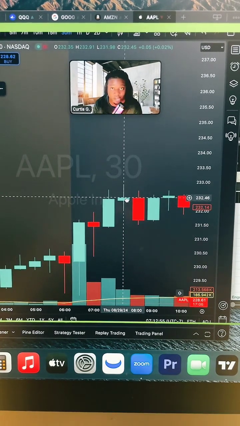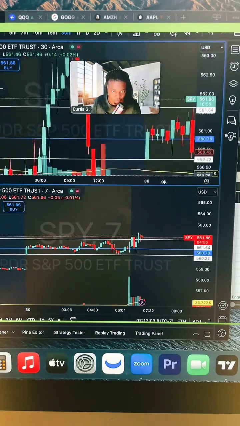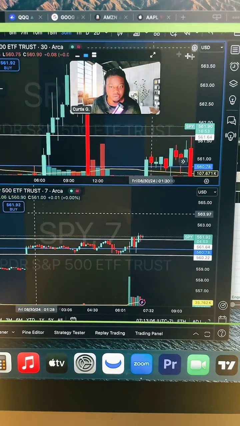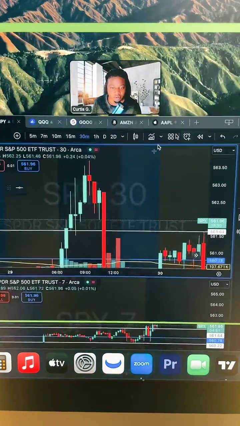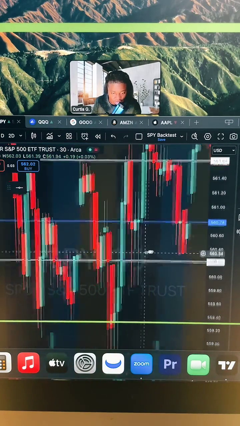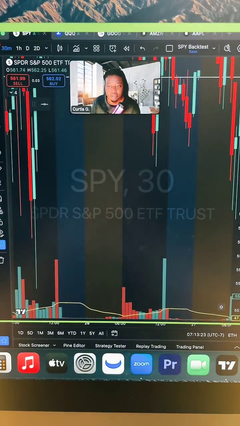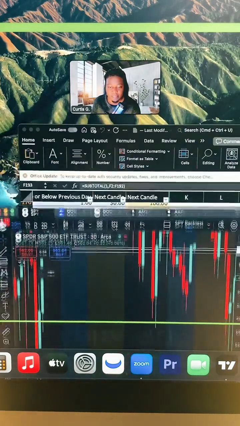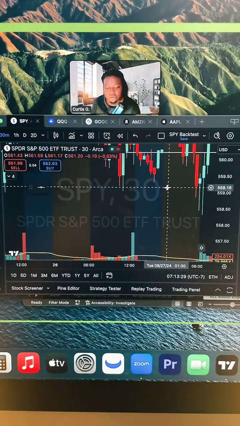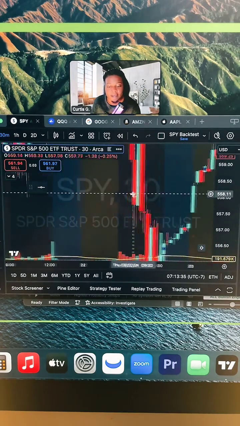Now, I know we had a little bit of choppiness, but did that make sense to everybody on that bullish engulfing strategy? I can go over it one more time with SPY. Let me go ahead and just show the 30-minute chart. Y'all bear with me. We'll just look at a 30-minute chart only on SPY. Where is it at? Here we go. Okay, let's bring this down. Where's it at? I believe it's the 19th.